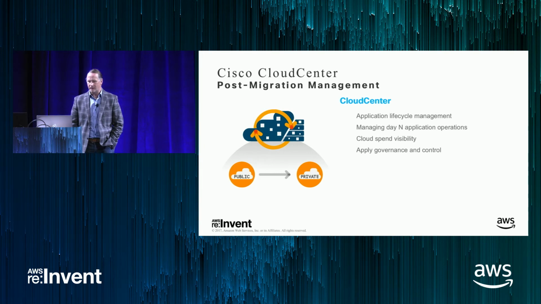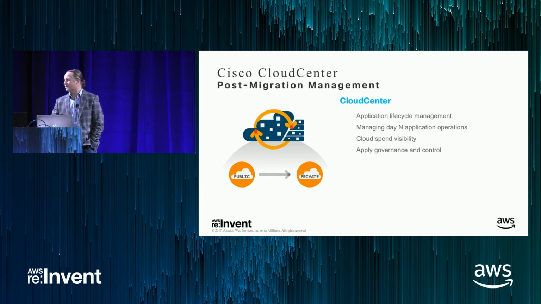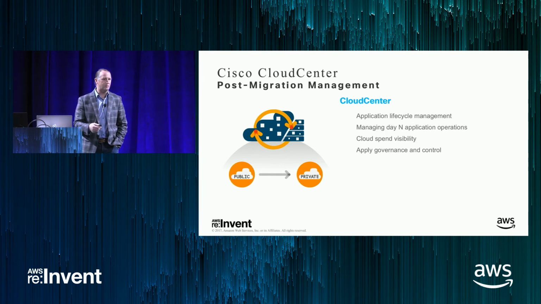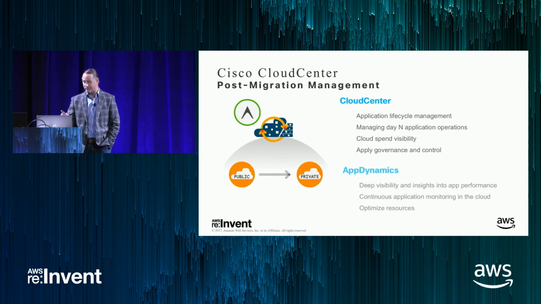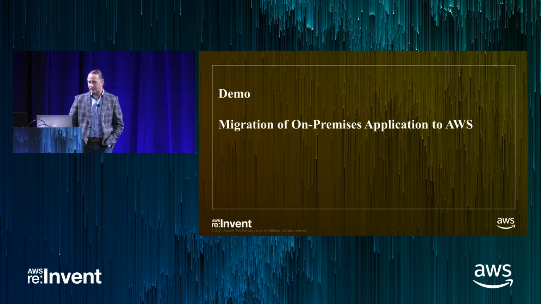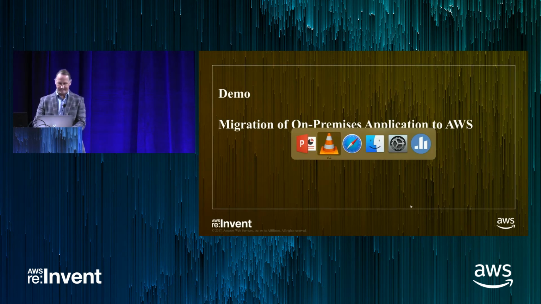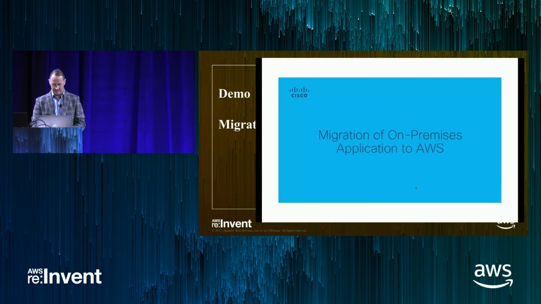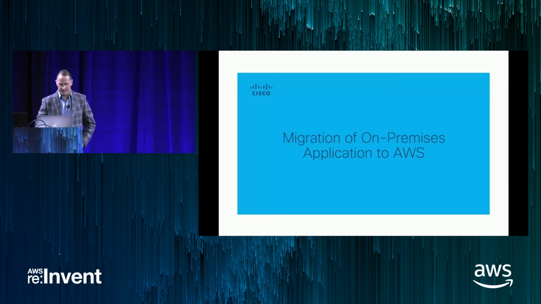Okay? So I mentioned now we want to actually do something with it. We've moved it there. I don't just want to dump it there and no longer do something with it. So the tooling can stay in place because now you can actually see ongoing performance management. You can actually do things like continue to manage the virtual machines in the application environment, upgrade it, patch it, move it back potentially. And so the combination of those two things, that is what we at Cisco do. So let's actually look at a demo of what this looks like. So if you guys want to see it in action, let's talk through a little more depth of what's going on here.